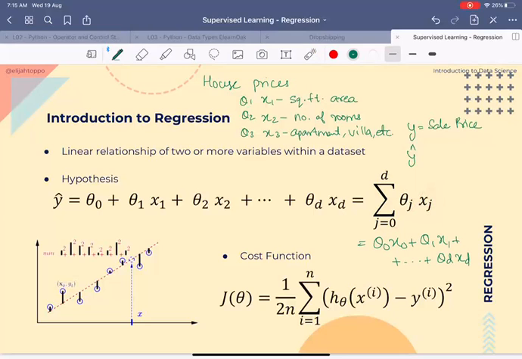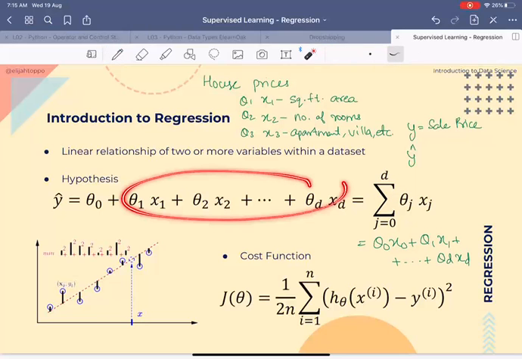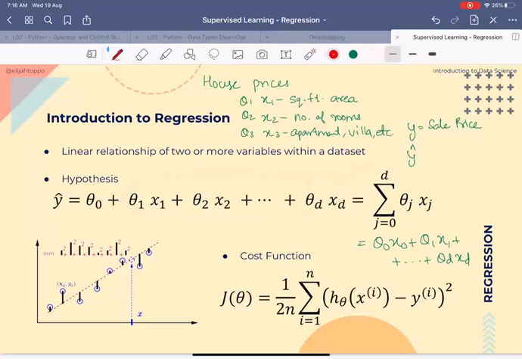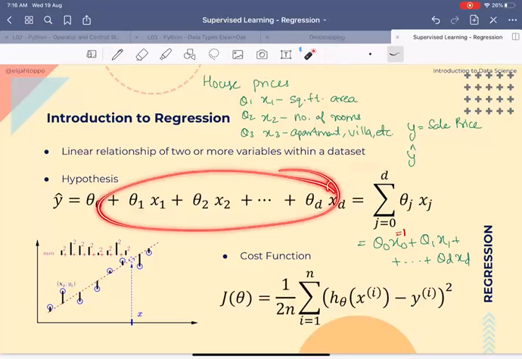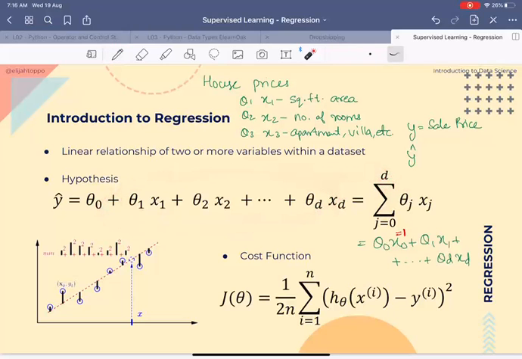Now I have made the answer even more obvious. Can you tell me what is the assumption? x0 is always 1. Yes, excellent. So to be able to take this equation and write it in this format, I have to write an additional term saying that this variable x0 will always be equal to 1. Only then can I take this notation and write it in this summation format. Okay, make sense? Can you tell me what does this signify? x0 is equal to 1.